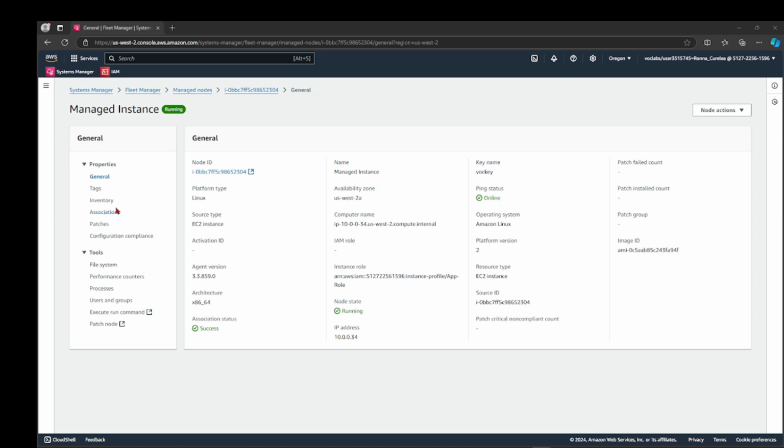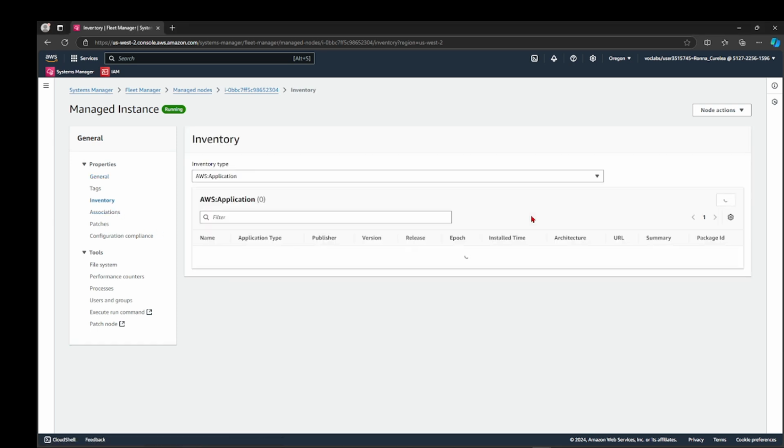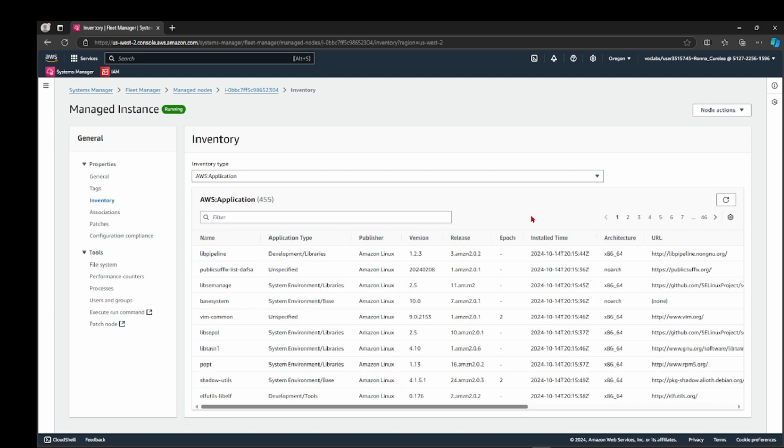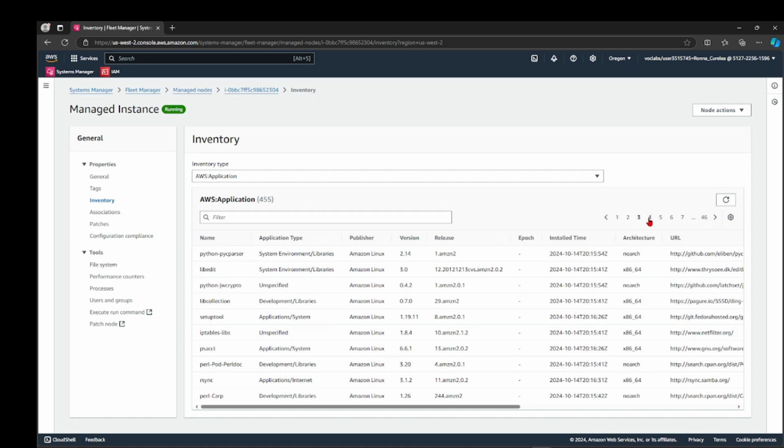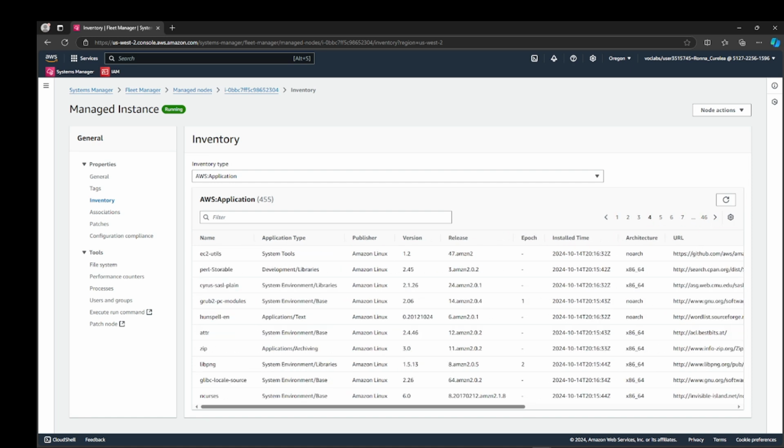I'm going to choose the inventory tab. And it should list all the applications within this instance. So these are all the installed applications right here, all of these. It's a lot, right? Okay. So now that we successfully created this inventory association, basically this inventory list of what's on the instance,